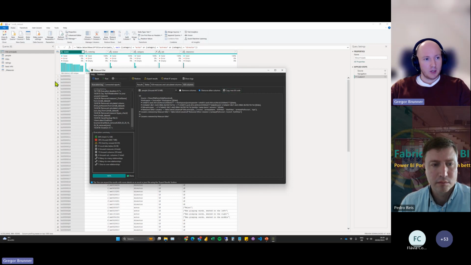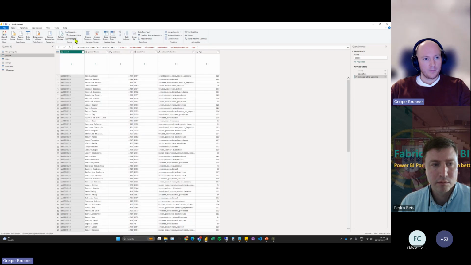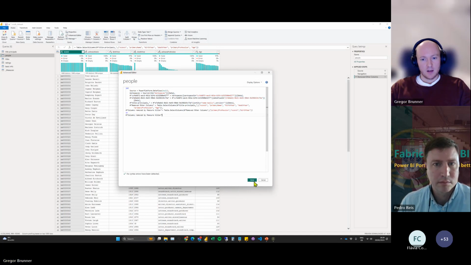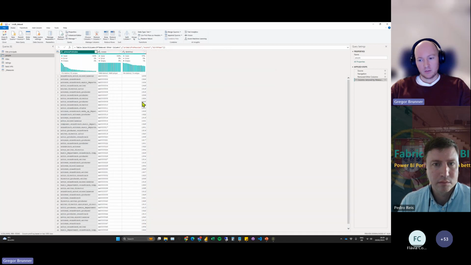So I copy this code, and now I go to the people table, and I just open up the advanced editor. I select everything and just paste this thing. You can see that it adds a step at the end, and I click on done. And that's how it kicks out those columns. It basically unselects the columns that we don't need. And the remove other columns also has this advantage that I have this little icon here on the right side that I can basically change. You see those 3 we kicked out. So afterwards, say I want to have the primary name in there, I can select this. But if I don't want to do this, I can just say, okay, great. And I would do this for all the queries.